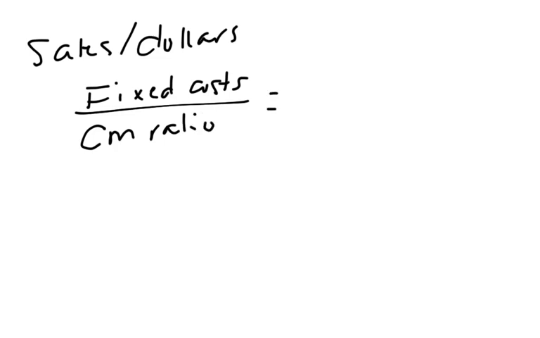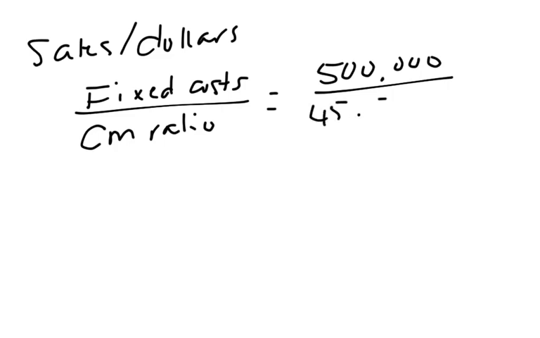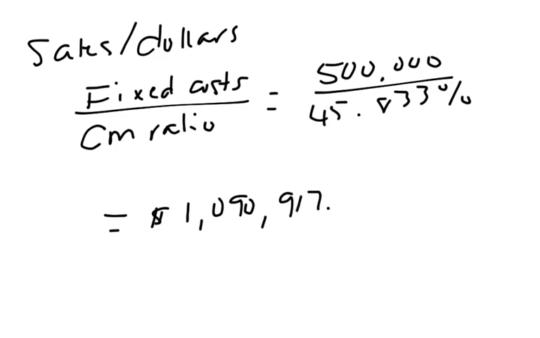So in our example, fixed cost still $500,000. That contribution margin ratio was about 46%. Now if you round, this is going to come out differently because we did have pieces of decimals. I'm just going to put that this was 45.833%. So we get a little bit more accurate number. But this is going to give me somewhere around $1,090,917.02. Again, we've got some rounding going on, so if you get something a little bit different but close, then